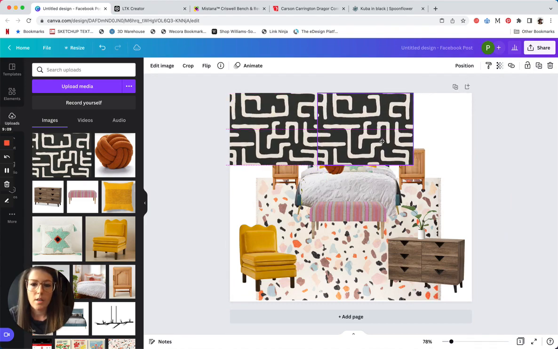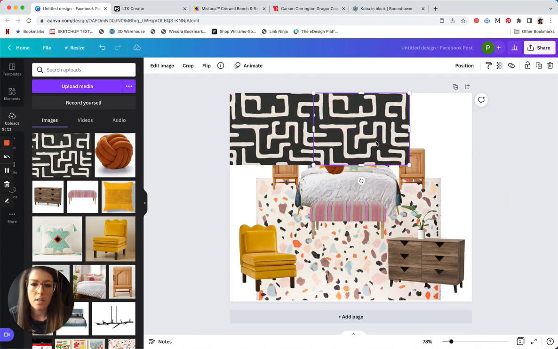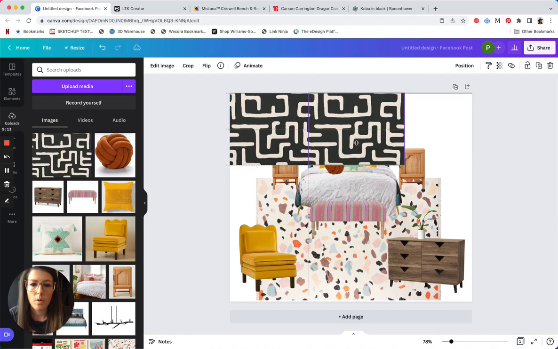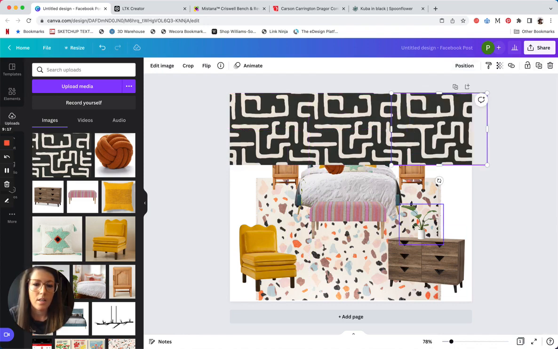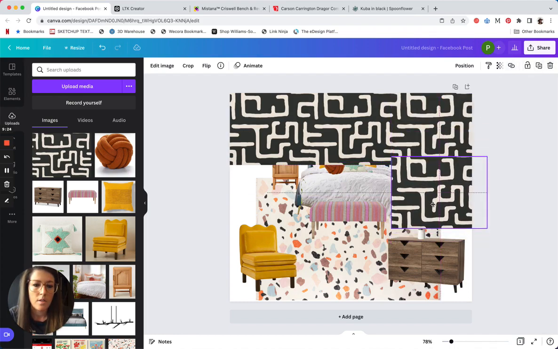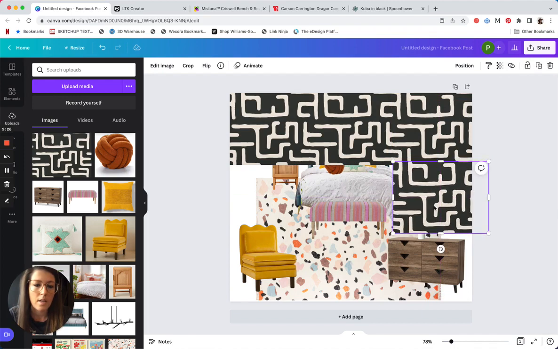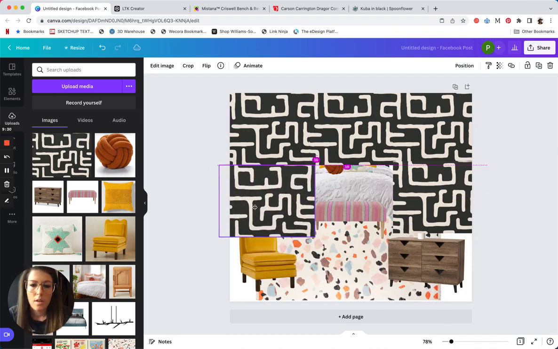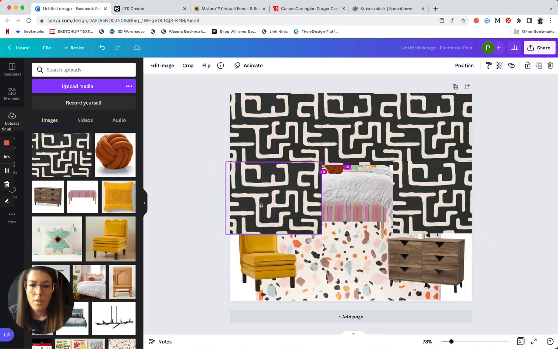And we're just going to duplicate it across here. Maybe we'll pull that in a little. Then we're going to duplicate it again. And it's going to do it like that. I'm going to pull it down so that the pattern kind of lines up. Again, not the most important thing in the world, but